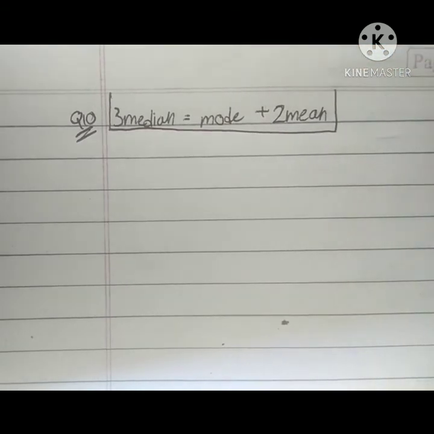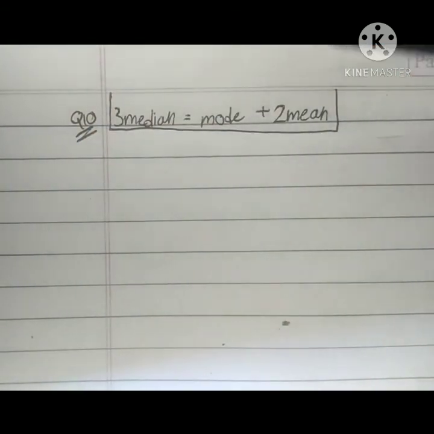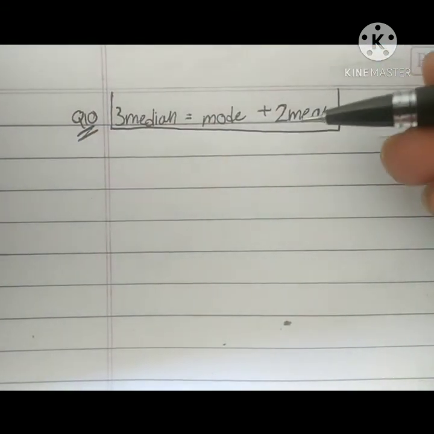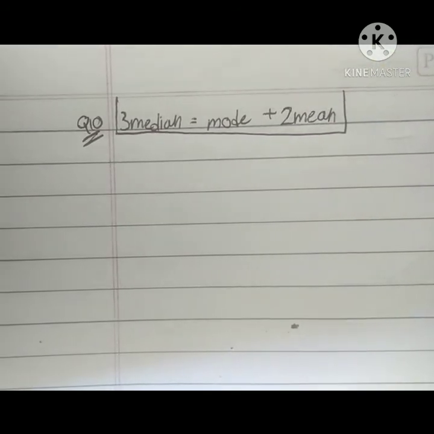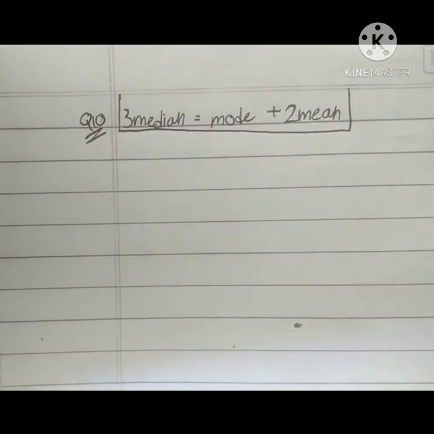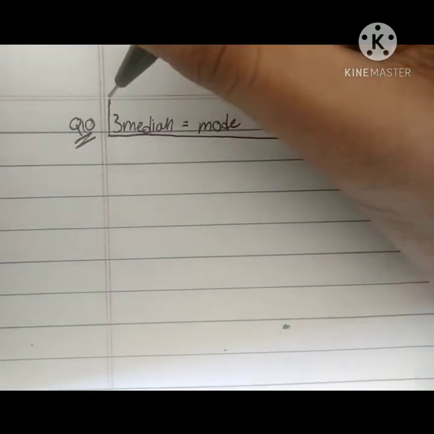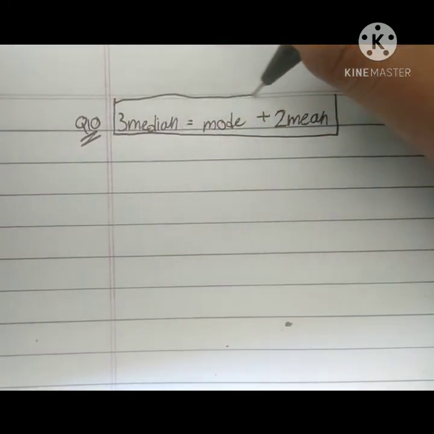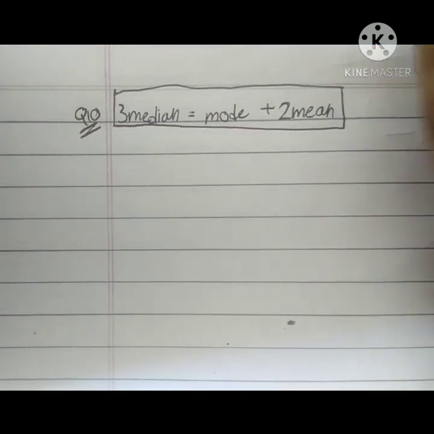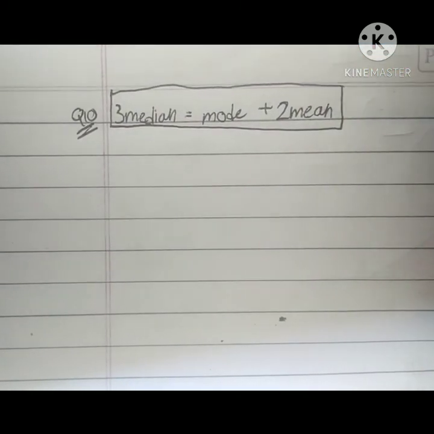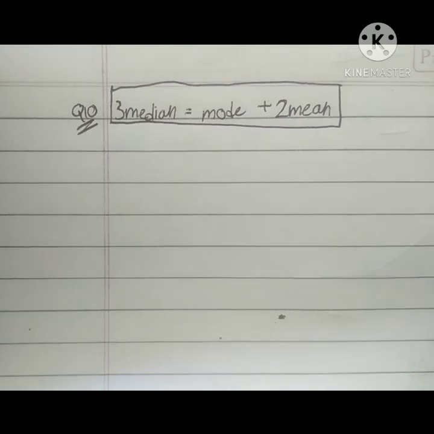These kinds of questions, like the question which I showed you, can come as word problems, or they could even ask that the median of some numbers is this and the mean of some numbers is this, so find the mode of the numbers. So this formula will help you very much. That's it for now, and the other questions we'll be studying in part 4, which will be coming tomorrow.